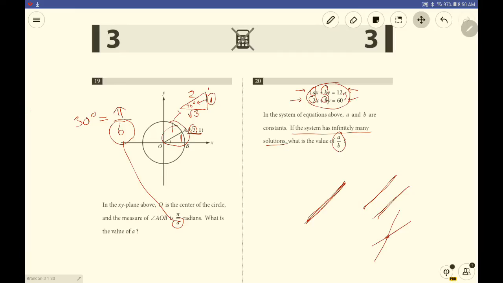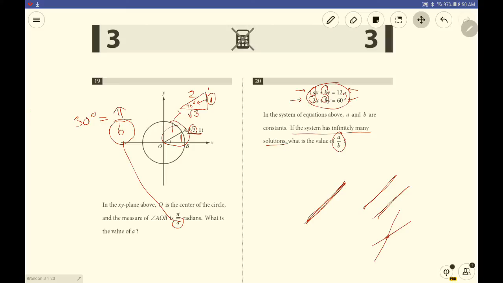And number 19, we have to look for that special right triangle and recognize that it's a 30-degree angle, which is pi over 6. Number 20, again, if the system has infinitely many solutions, means those two linear equations are